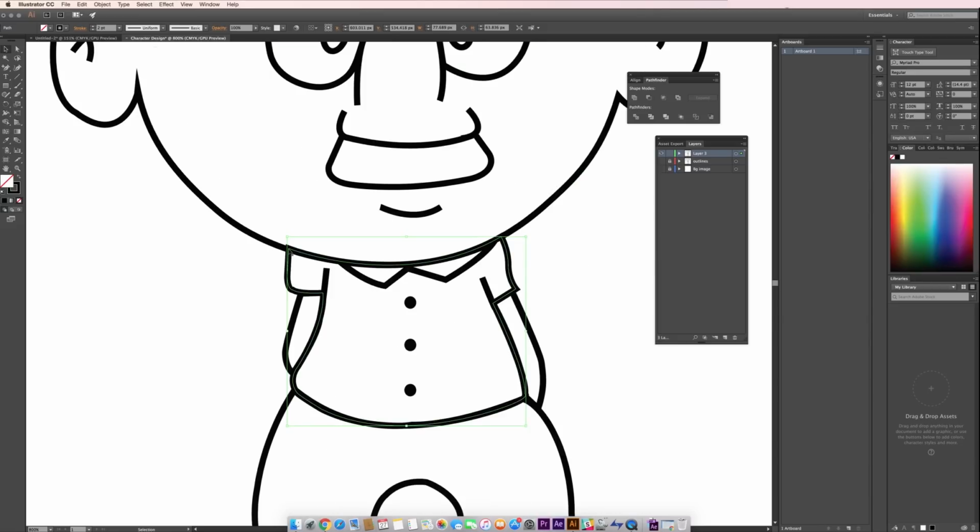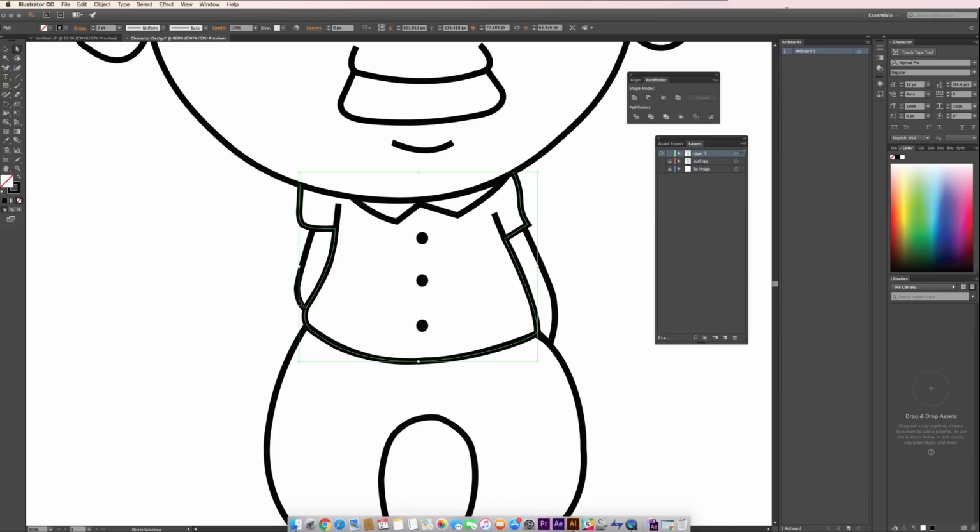Now let's remove the overlapped lines on shirt, hands, pants and shoes. For this, we are going to add a new point on the path to be removed. Select that point and click Delete to remove the whole path. Do similarly to the hand. Oh, there is already a point on this path. So just select it with direct selection tool and press delete. So now we removed the overlapping line.